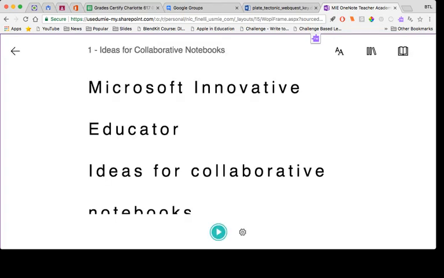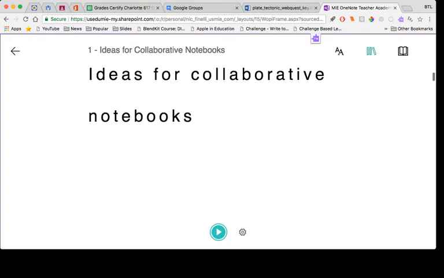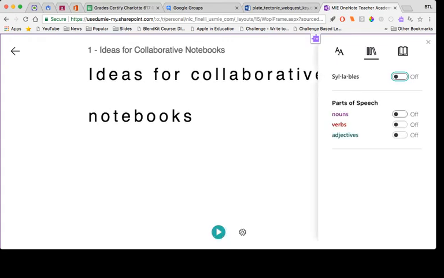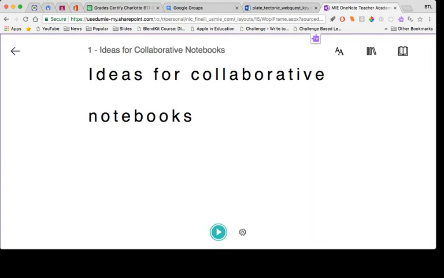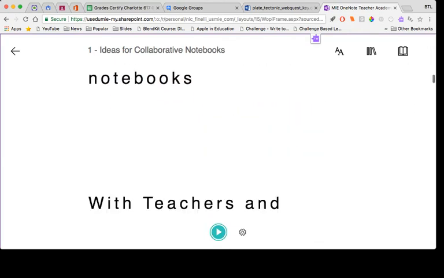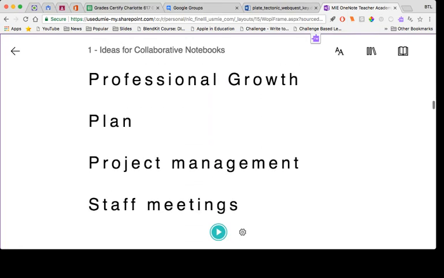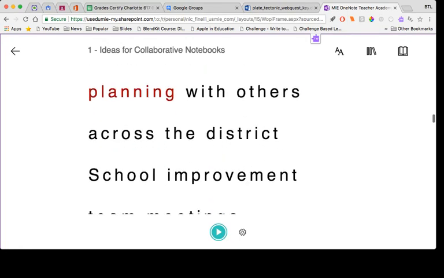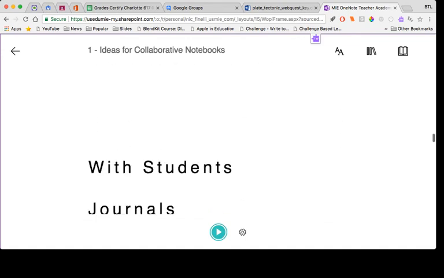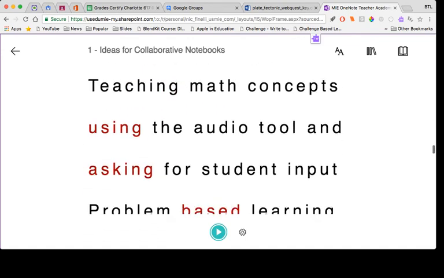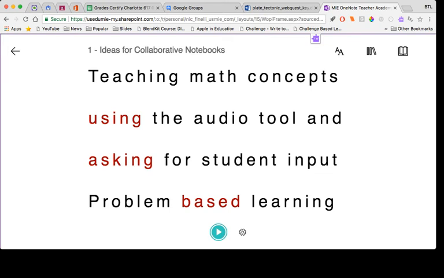There it is. I can go straight when maybe I don't want it read to me, but I just want to find all the verbs. Well, I just go through and see if there's any verbs highlighted. There we go. Planning, writing. There we go. So just again, another neat way to be able to reach readers and help them out,